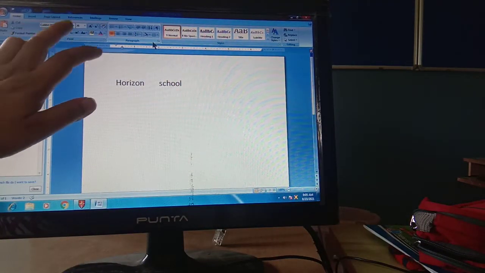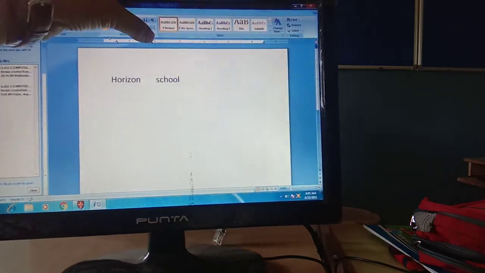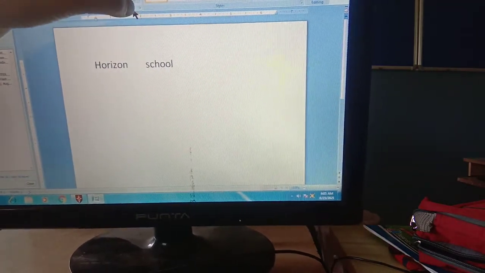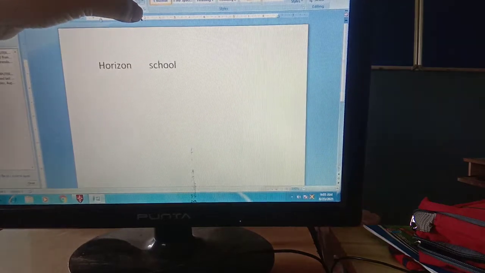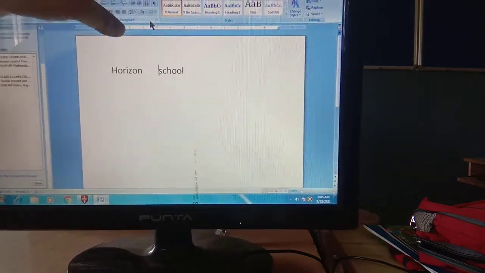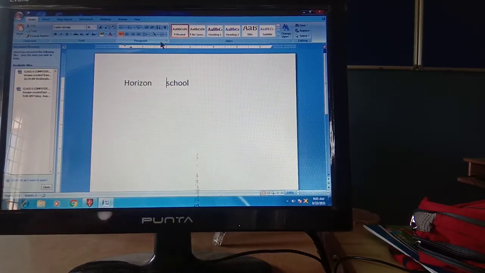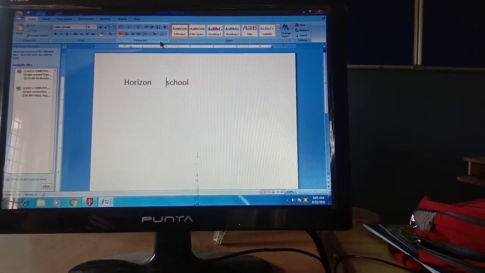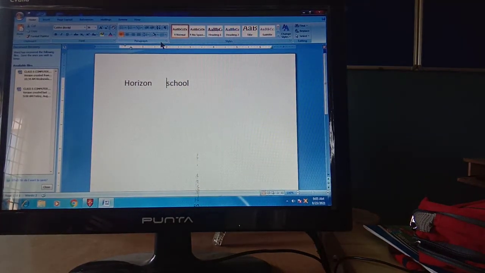In each and every group there is a launcher point. By clicking on this launcher point, we can go to the dialog box of that particular group. Clear to everyone? We can move to the dialog box of the particular group.